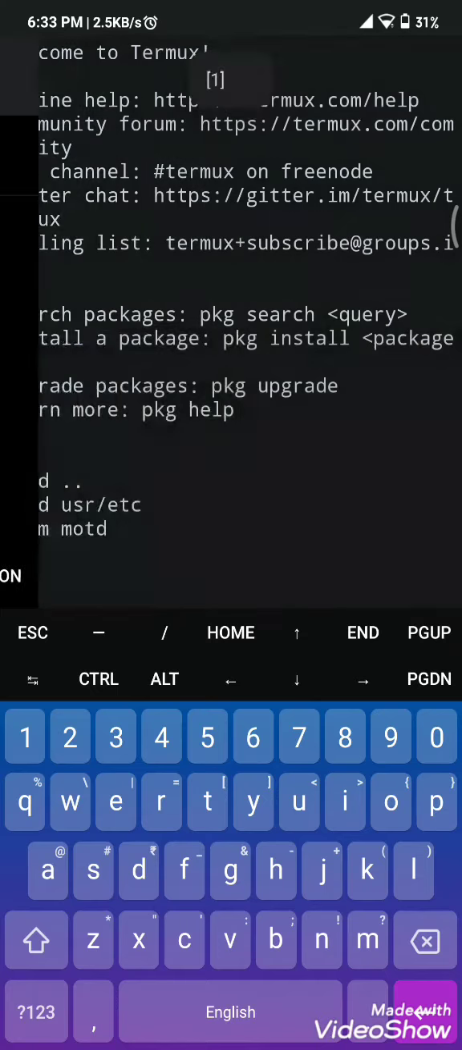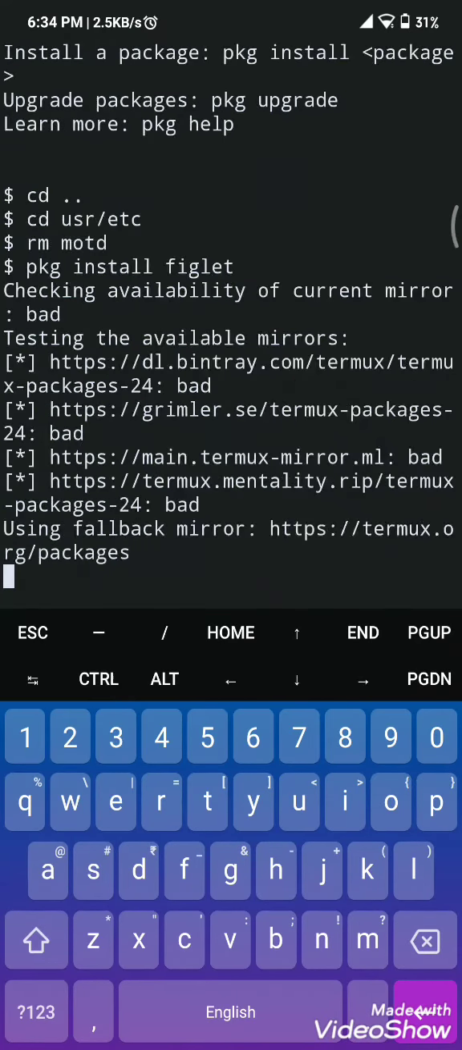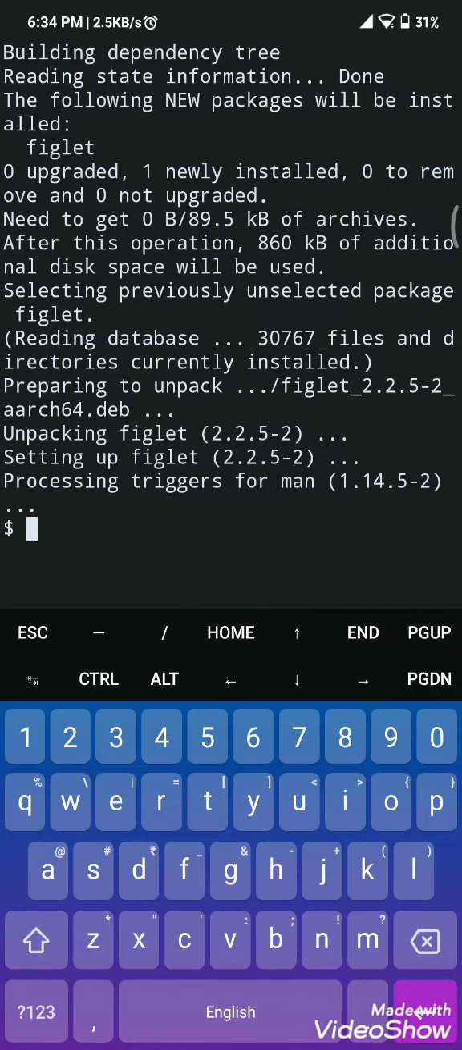Now just open our first session and type the command pkg install figlet. This will install Figlet in our Termux app. Since Figlet is successfully installed, now we will open the bash.bashrc file using the command nano